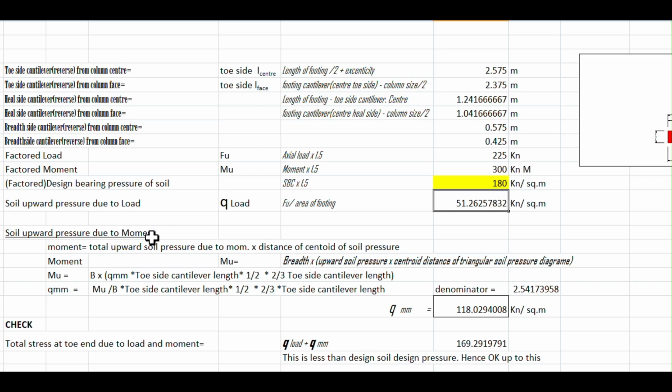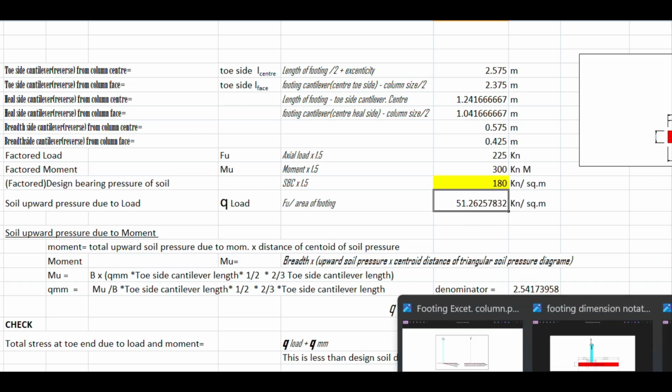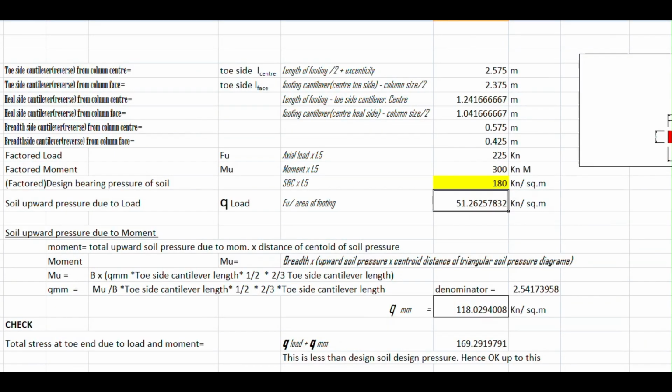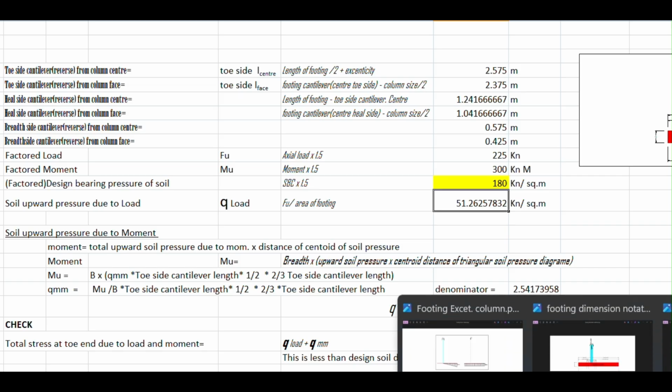Soil upward pressure due to moment. Now, soil upward pressure due to moment means the triangular portion. See how this triangle is, and how much this triangular measurement will be, we are going to find. Moment equals total upward soil pressure due to moment into the distance of the centroid of soil pressure. Centroid of soil pressure means,